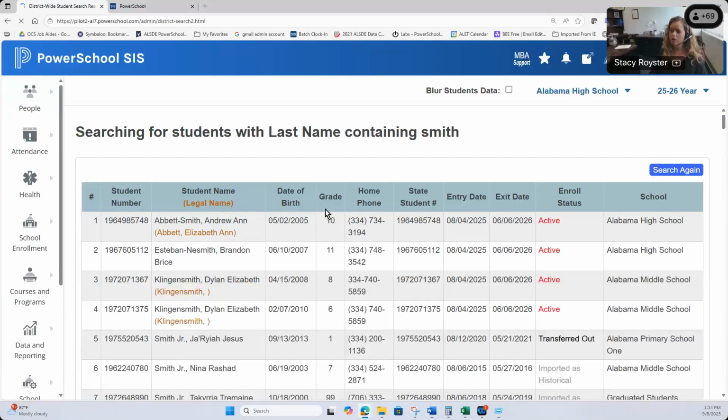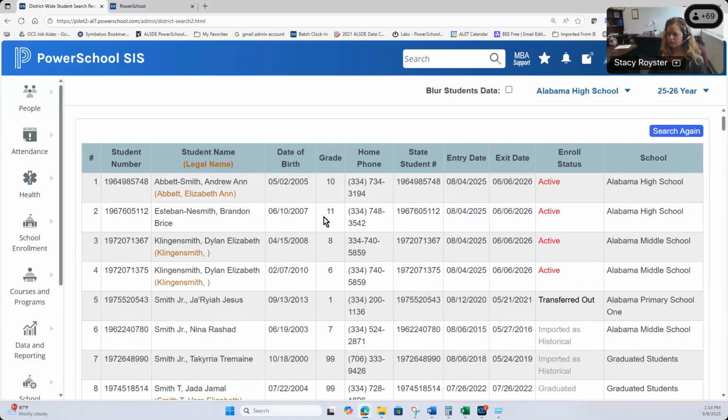All right, so here are all of my Smiths that are inside of my district. Now, let's just pretend that this student right here is the one that I'm trying to transfer in and enroll. So I see that this is a student who was with us at one point in time way back in first grade. Okay, well, maybe now this student is coming to me from District B across the neighborhood back into